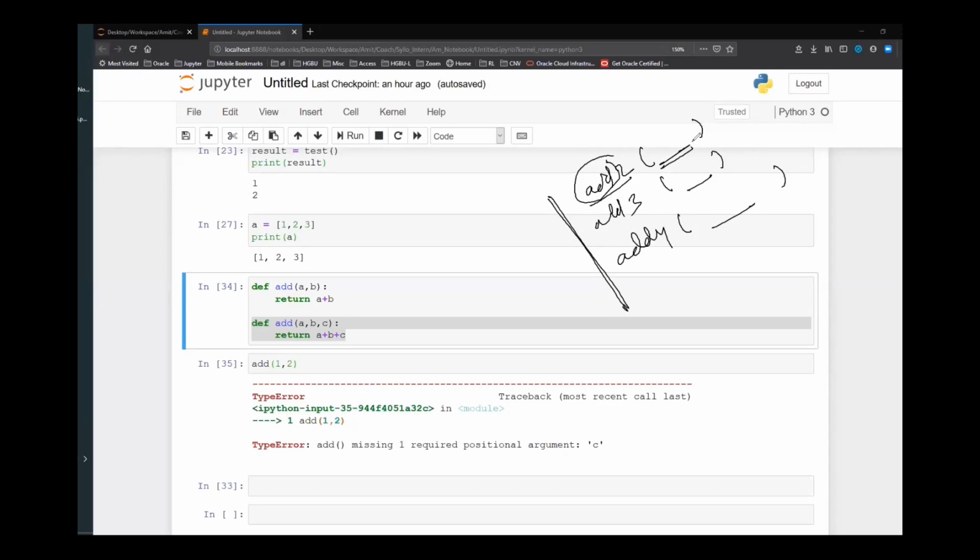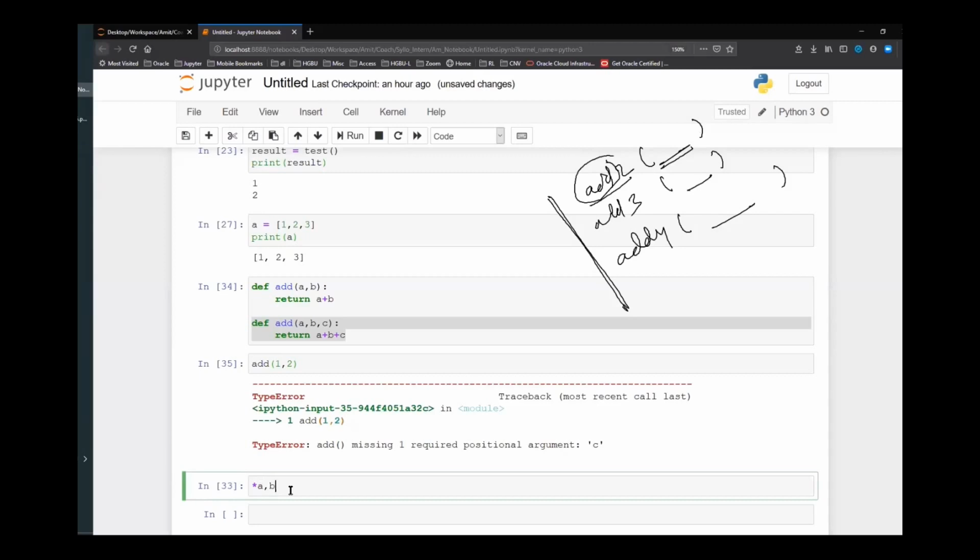Okay. And a similar problem was in one of the quizzes on Friday, I believe, where you had something like this: star of A, comma B, comma C equals 1, comma 2, comma 3, comma 4, comma 5.